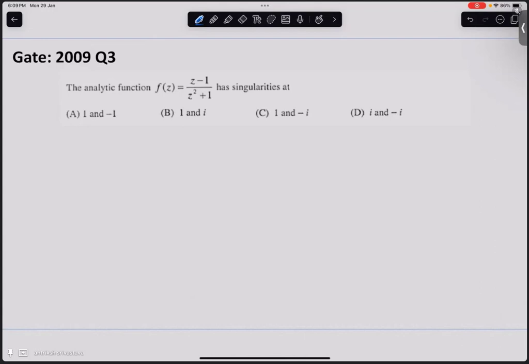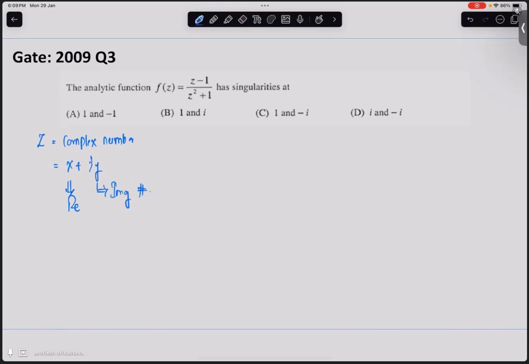So this is a very simple question. You just have to remember that z here is a complex number that is written as x + iy, where this is the real part and this is the imaginary part,